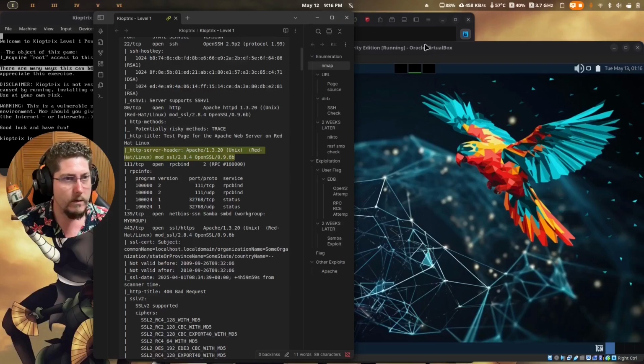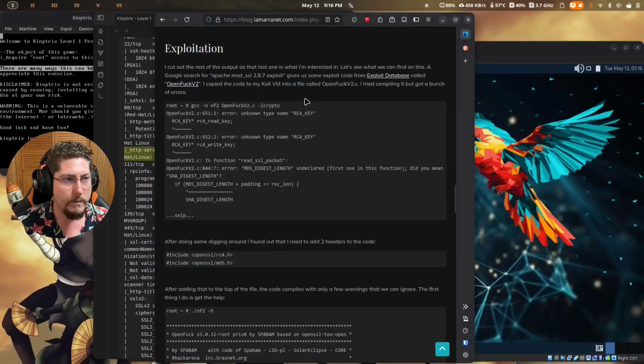So I found this write-up. I'm not going to say the name of this exploit out loud, so no need to grab the swear jar. But yeah, it's not a very family-friendly name. Anyway,